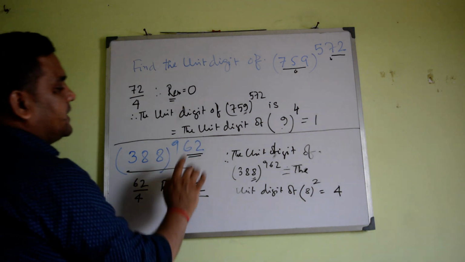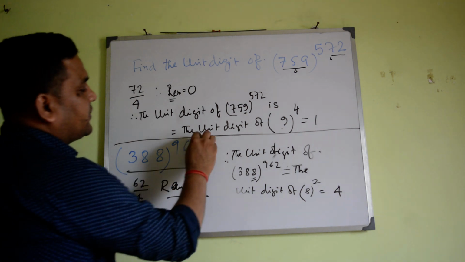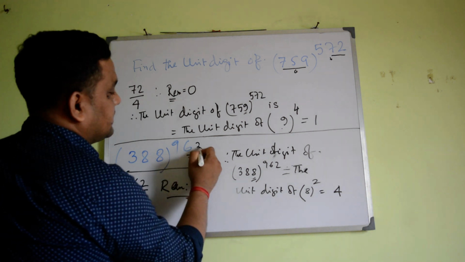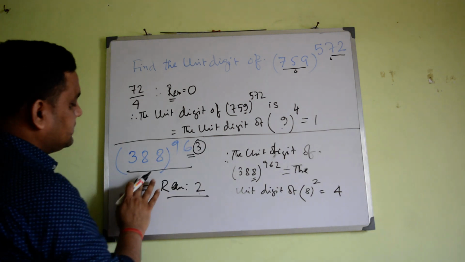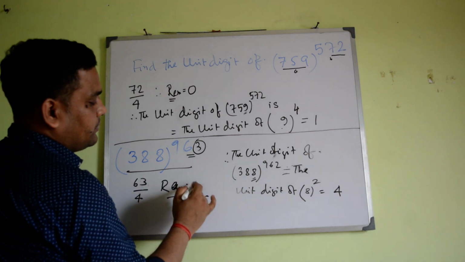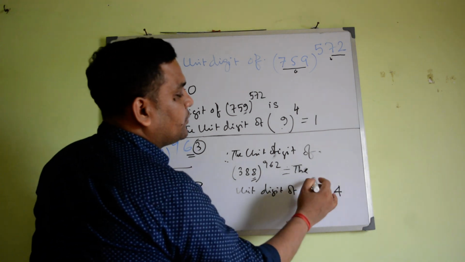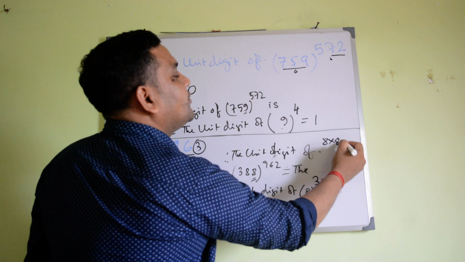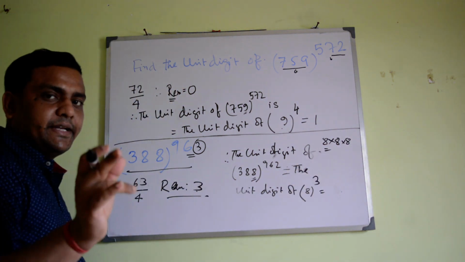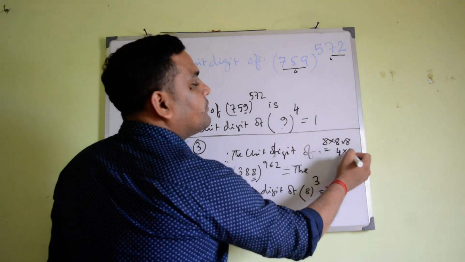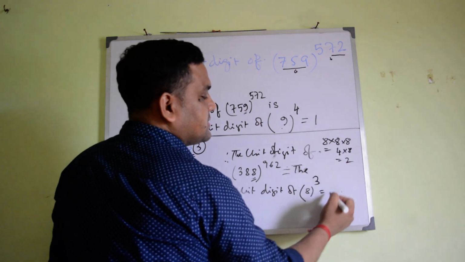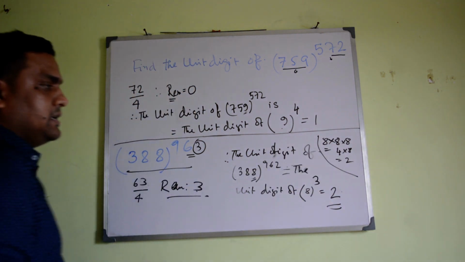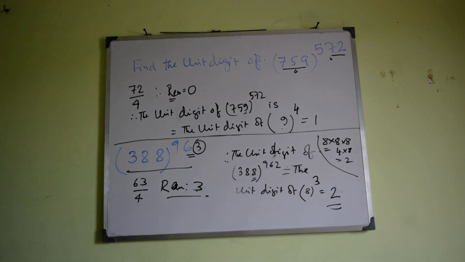So if the remainder, let's say, if you put it here 63, so here 3. So what is your remainder then? The remainder becomes 3. Then what is the unit digit? Then again you can put it here whole cube. 8 cube means again the same way, the trick: 8 into 8 into 8. You don't need to multiply the whole thing. 8 into 8, 64. Just take the last digit 4. 4 into 8, 32. So just take the last digit. So what is your answer? The answer becomes 2. So that is your answer.